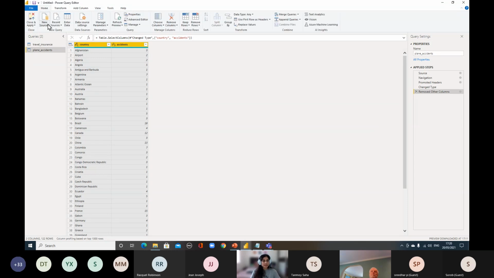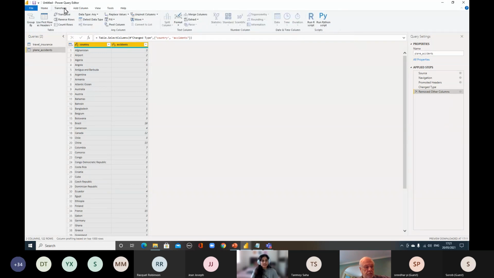Now, apart from this, in Power Query there are other things you can do. For example, you can merge data sets, append 2 different data sets, and replace values, which I already showed you. You can group by a data set by a single column. You can remove columns. Then you have an area designated for AI insights where you can see text analytics. You can invoke a text analytics API and do that analysis in Power BI. You can bring in your Azure machine learning models here,